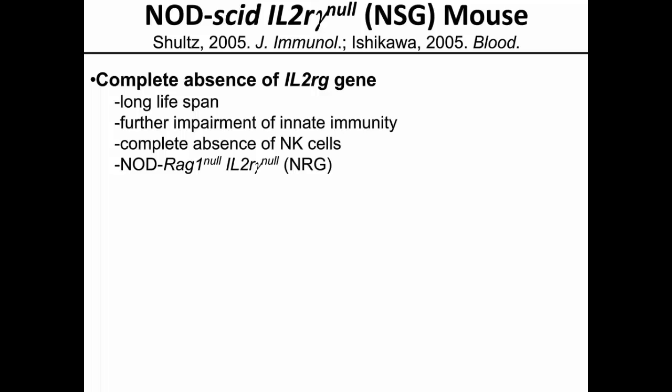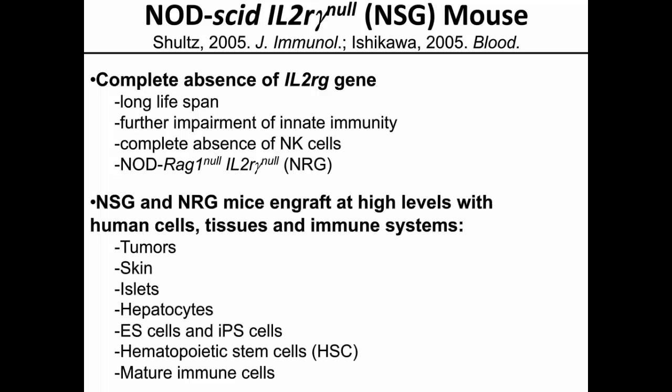And we also have a variation on the NSG mouse, which instead of the SCID mutation, has the RAG mutation. This is the NRG animal. So the NSG and NRG mice can engraft at high levels with human cells, tissues, and immune system, and they support the engraftment of a wide variety of human cells and tissues, including tumors, human skin, human islets with hormone-secreting populations, human hepatocytes with specific mouse models, ES cells and iPS cells for regenerative medicine, hematopoietic stem cells, and mature